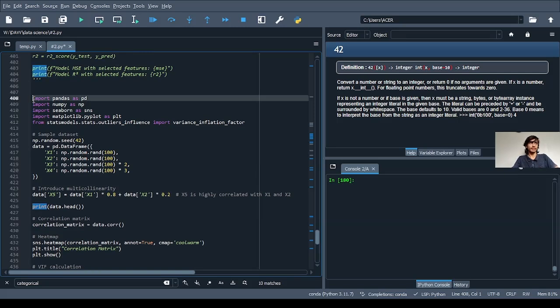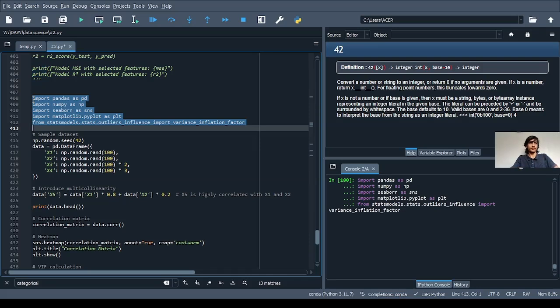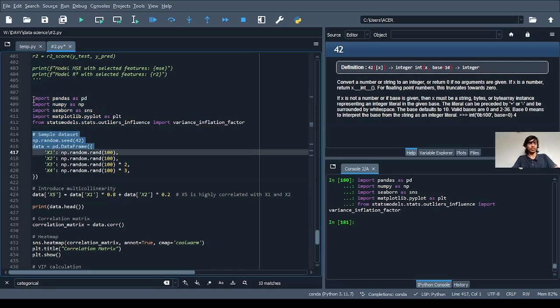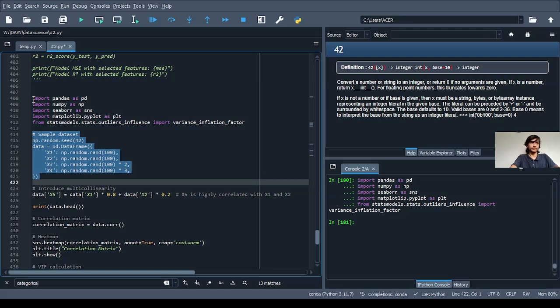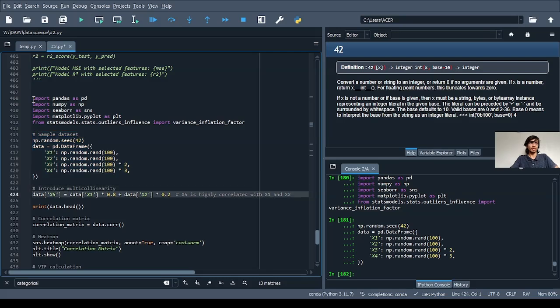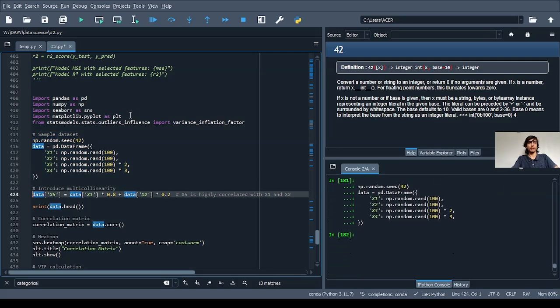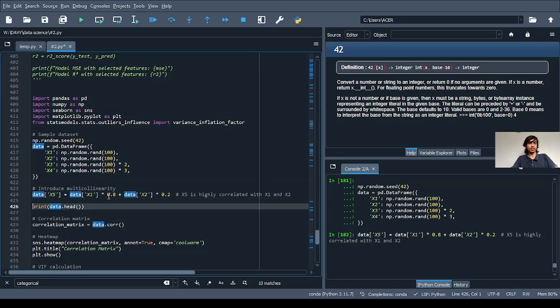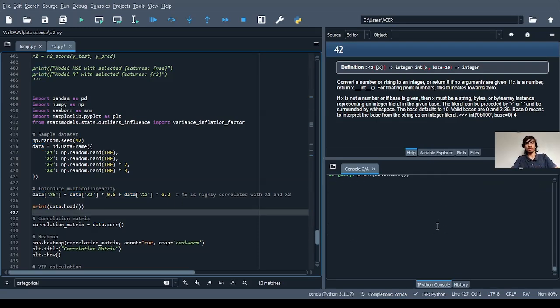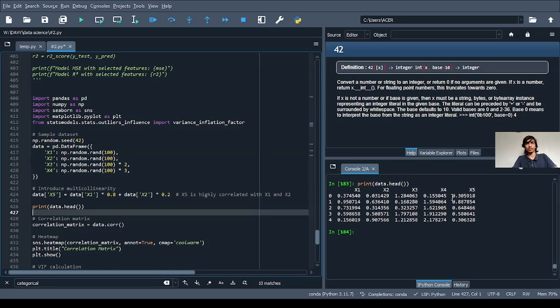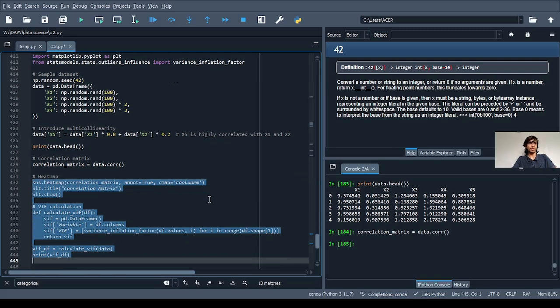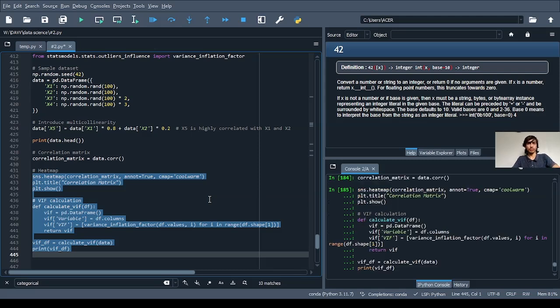First, importing, loading the sample data set, then creating X5 linearly from X1 and X2. data.head() will be this. So X2 and X5, and then the correlation matrix. Then we will assign the heat map and VIF calculation, printing vif_df. So the output will be